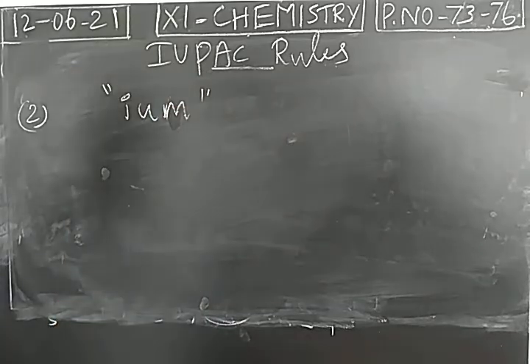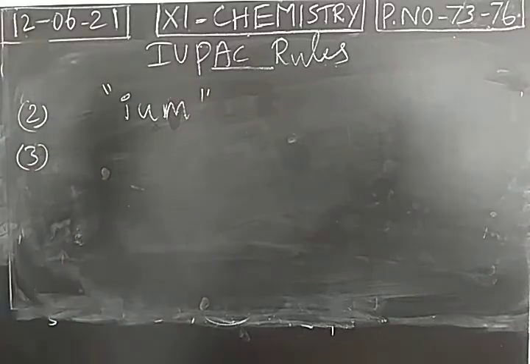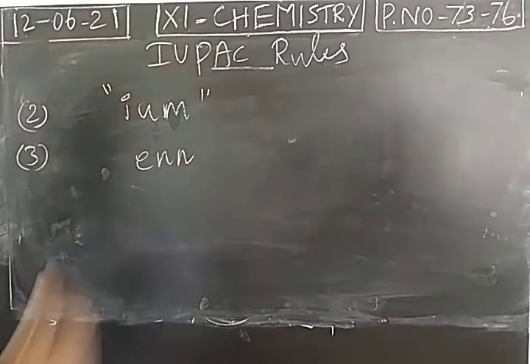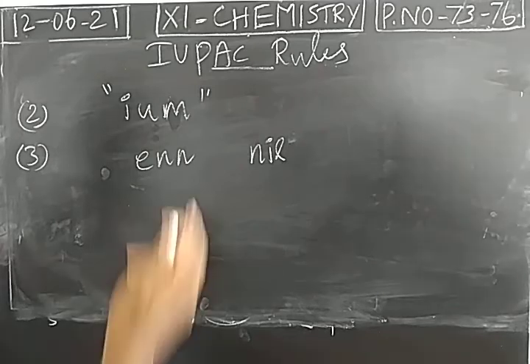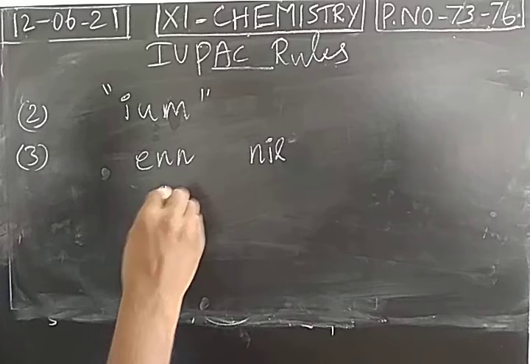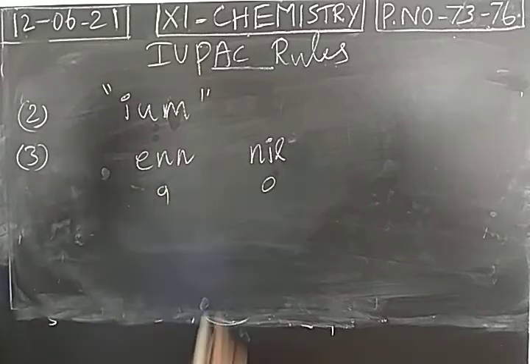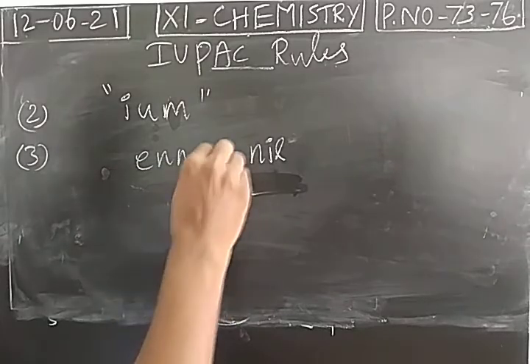We have to finish the name of element with IUM. Third one: if two root words are combining, or a root word is combining with IUM, what should be followed? To consider ENN as well as NIL. We know that ENN, N is the root word of number 9, and NIL is the root word of number 0. So when these two root words are combining,